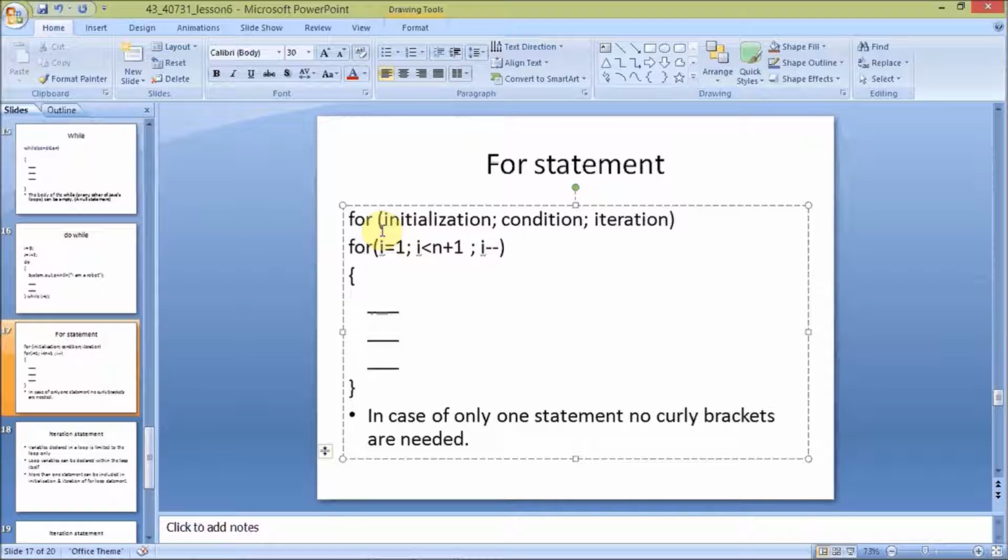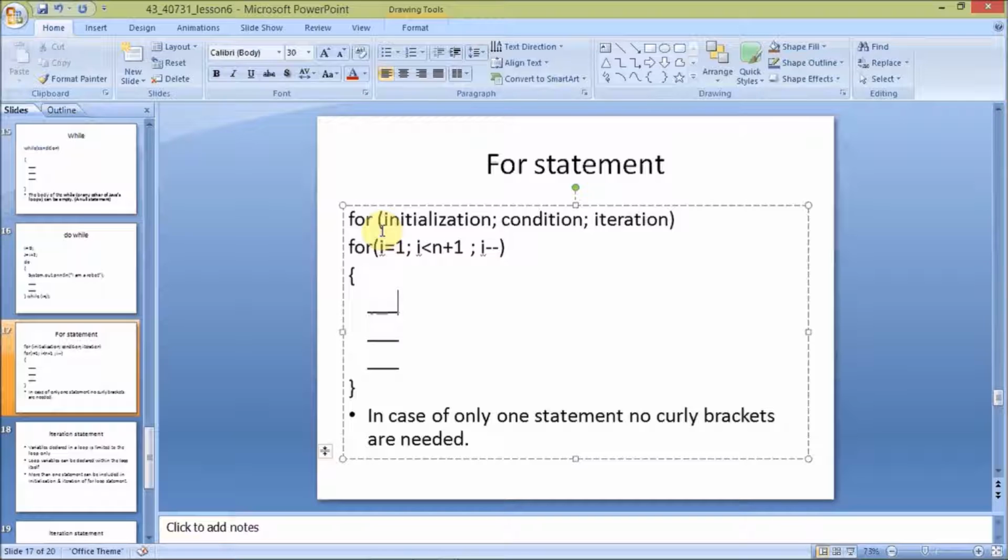It starts from the value 1. Initialization is value 1, and it executes all the statements inside the loop, and at last it should be decremented, and it should come to the n plus 1 value, and every time it decrements a value,